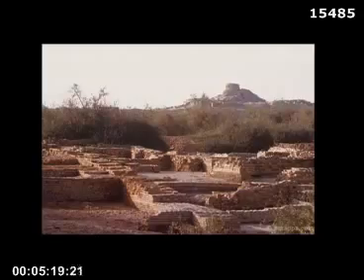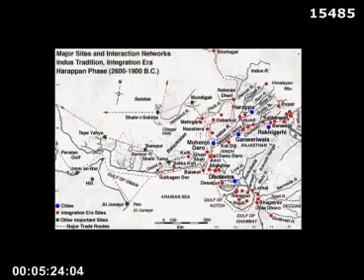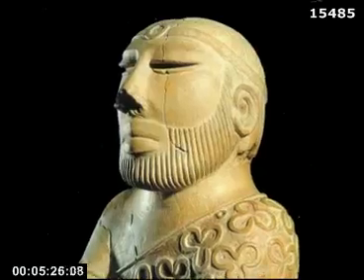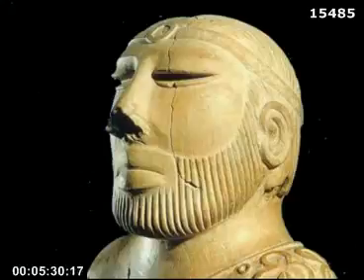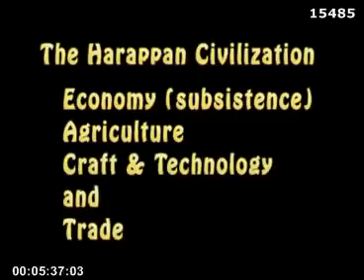This raises many questions. Was it a large kingdom with smaller townships? Was there a central authority that determined a certain way of life? In this program, we shall deal with economy, agriculture, craft, technology, and trade. First aspect that